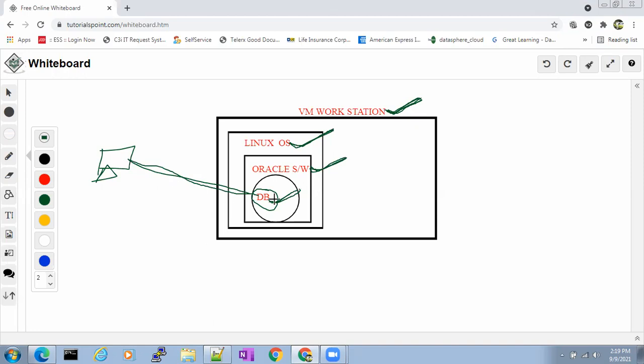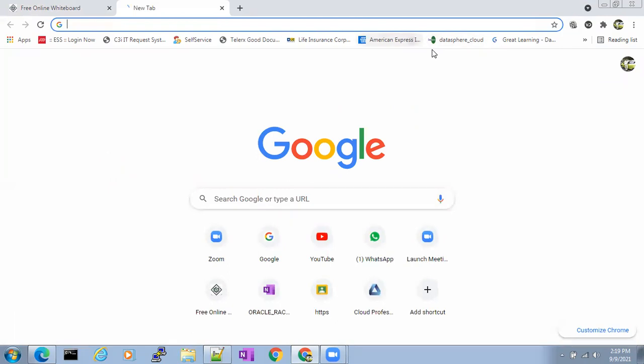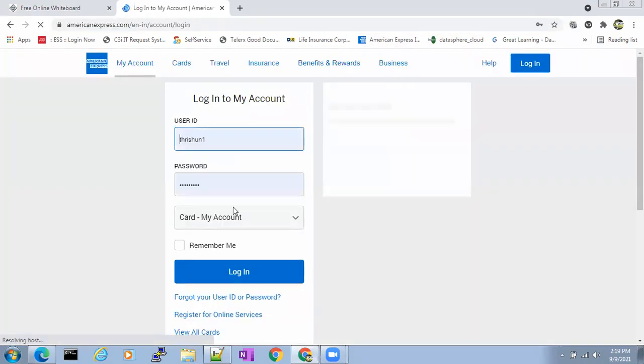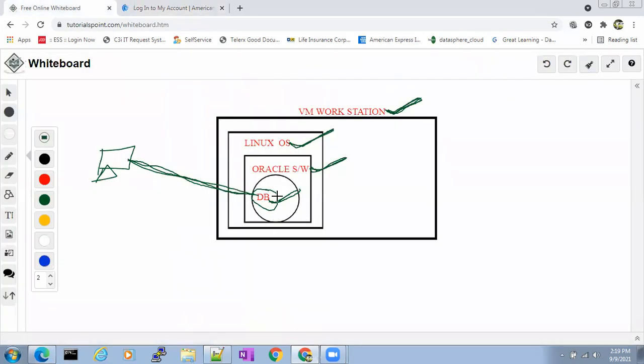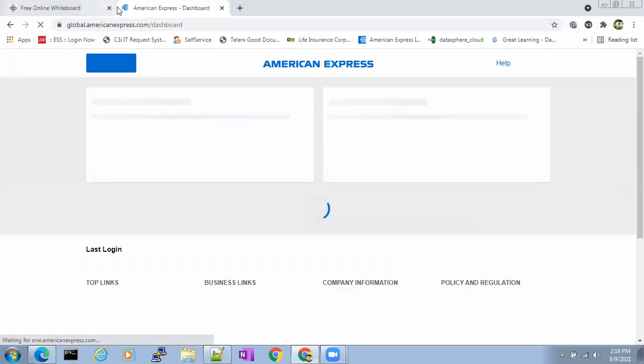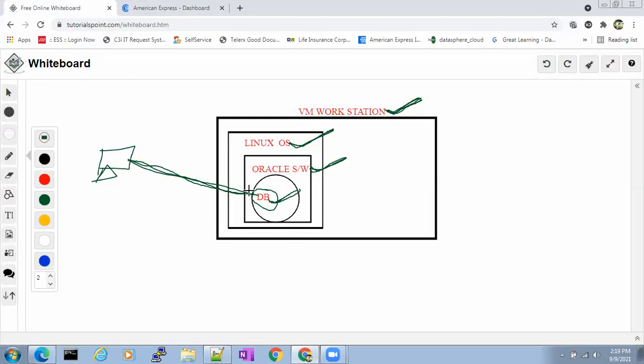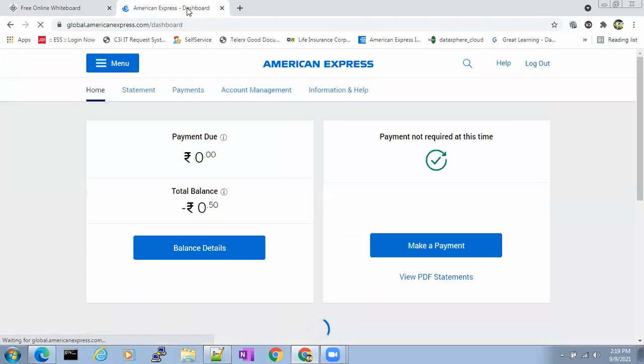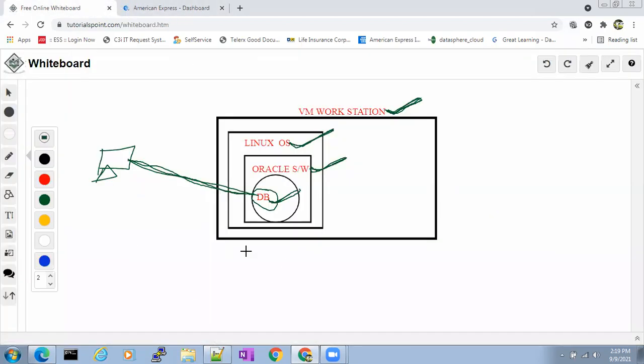How users are getting connected to the database. Once we create the database, I will show you how users are able to connect to the database. For example, I showed you yesterday one of the applications, right? American Express application. There's a net banking application. Only if the database is there, this user will be able to click on login and connect to the database. If the database is not there, the application is not there. Application is waste if the database is not there. Application is of no use at all if the database is not there.